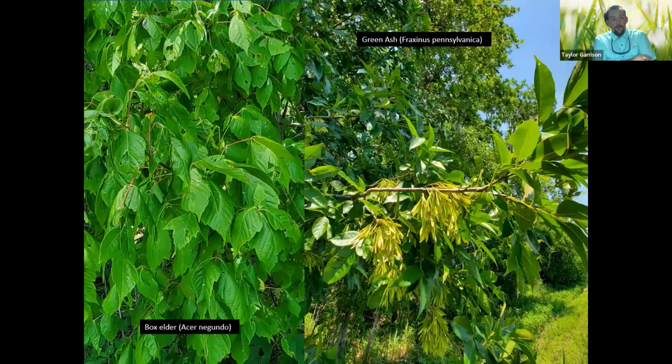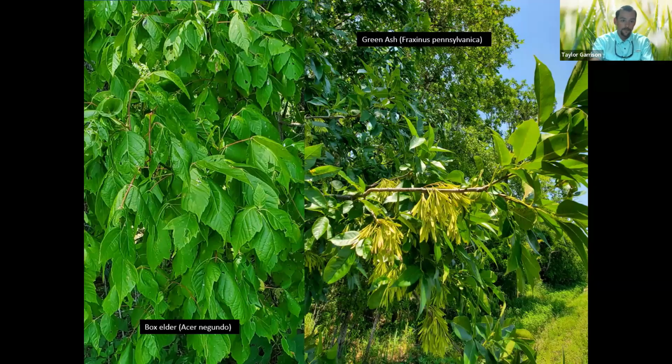In fact, swamps can also be associated with bottomland hardwood forests, so you could call a bottomland riparian forest a swamp as well. In this example, we have box elder, which is a very common swamp or bottomland hardwood forest species, and green ash on the right side of the picture. We see a lot of those at my location, Richland Creek WMA, but also in East Texas and other portions of the state. Other examples of woody species in these swamps are bur oak, overcup oak, water oak, American elm, sugarberry, cottonwood, and pecan.